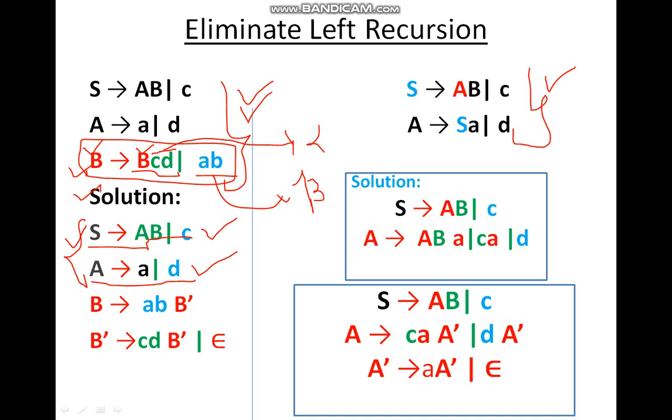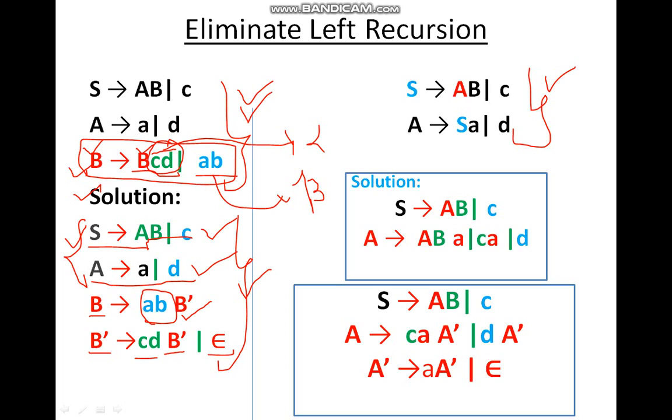So how to eliminate left recursion? A produces beta A dash. So this is your A, that means B. This is your beta, that means A. In place of A dash we will write B dash, and A dash produces alpha A dash. A dash is producing, this CD is your alpha. In place of A dash we will put B dash, and epsilon. Now if you see, there is no left recursion in this grammar. Okay, fine.